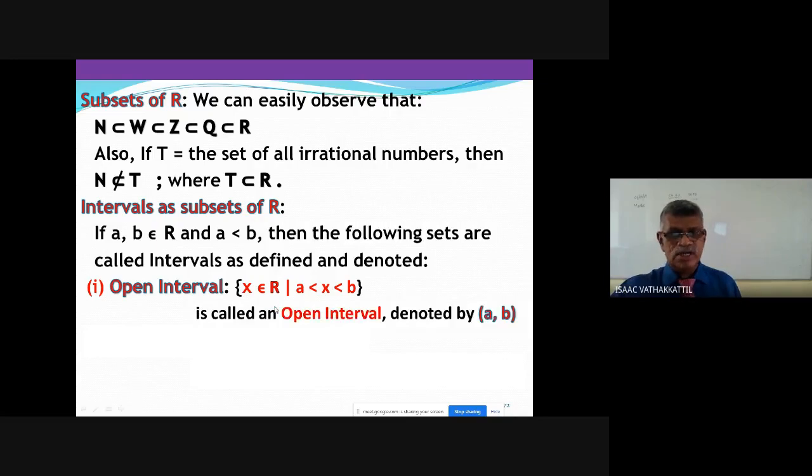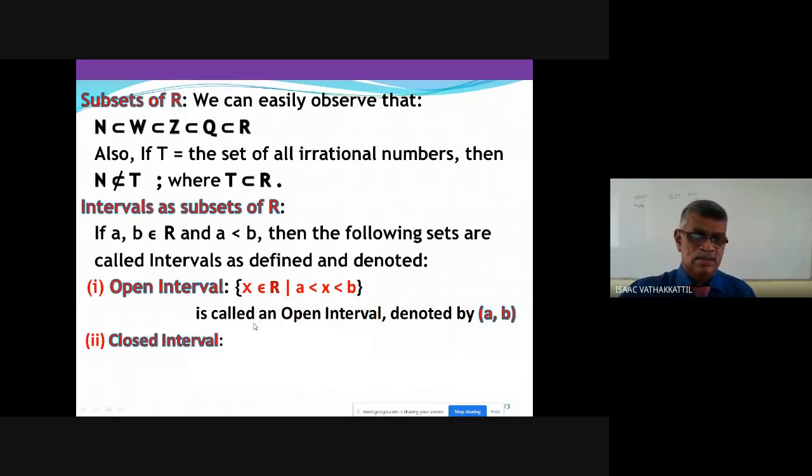Now, remember the notation for open interval, simple brackets (A, B). In mathematics, this (A, B) may have some other meaning also. According to the context, we have to see what it actually means. When I say (A, B), here I mean an open interval. What is that open interval? Set of all x in R such that A less than x less than B. We do not say "A B" for it; we read it as open interval AB.